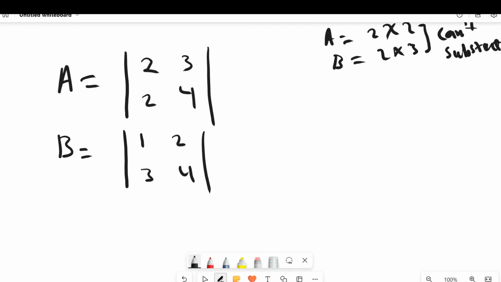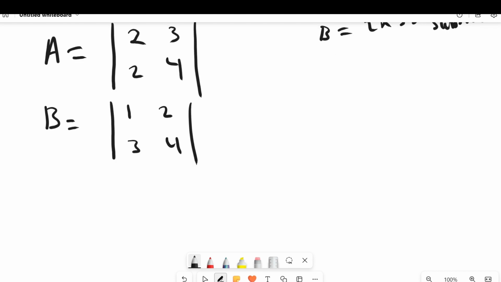By looking at these, we can easily determine that a 2 by 2 matrix is going to be formed, right? So if you have a 2 by 2 matrix and a 2 by 2 matrix,